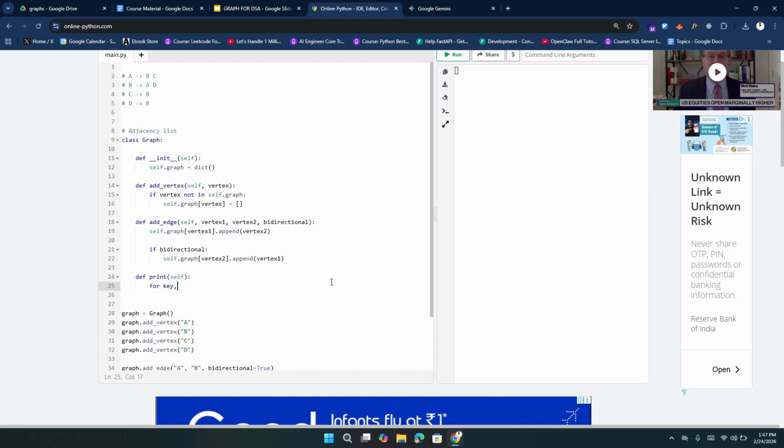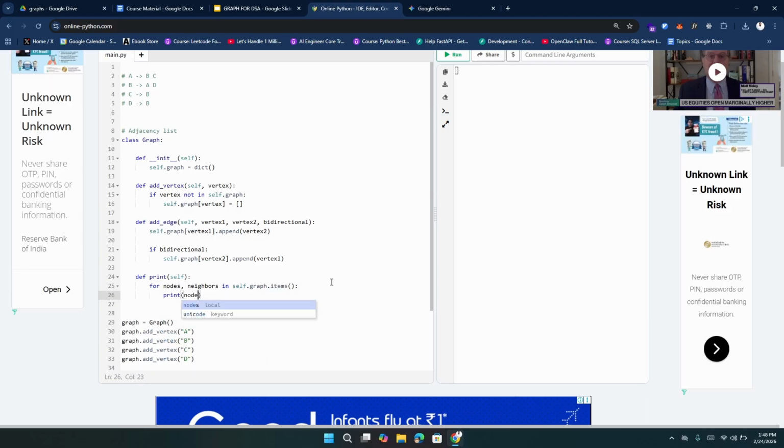So for key, or you can say nodes, neighbors in self dot graph dot items, we can just print simply the node and the neighbors. Okay, so let's just run the code